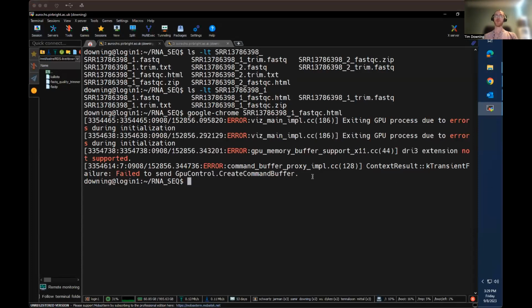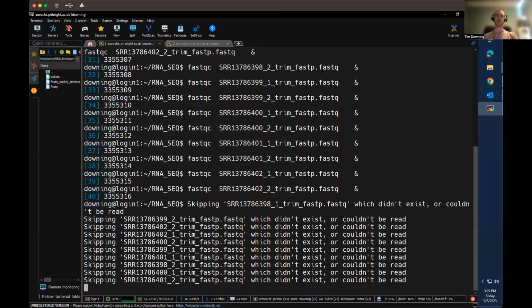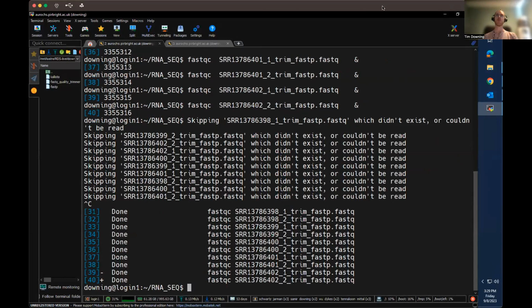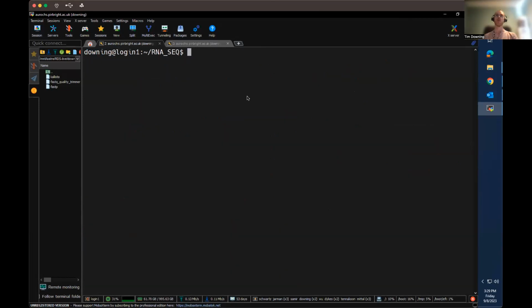What we should do next then is the FastX quality trimmer. For that, we use the command that we had before that you can take from the worksheet that we have. So what we're trying to do there is put in our corresponding file, our input file. So we change these, I for input. So that's SOR